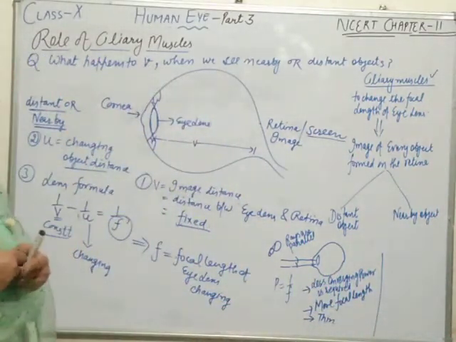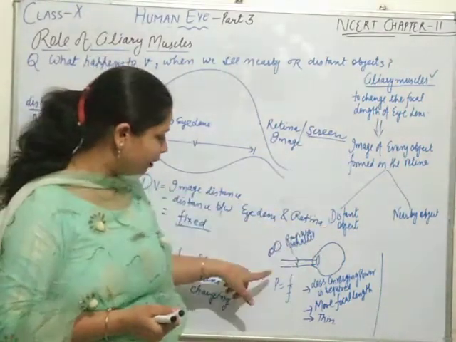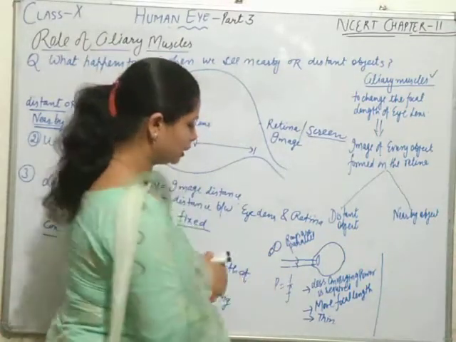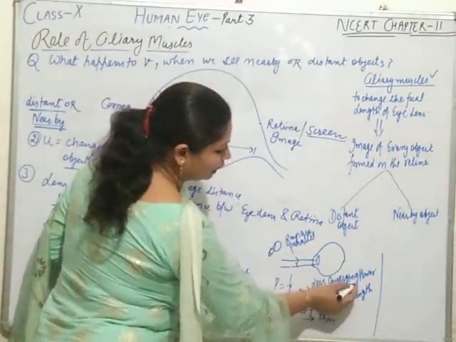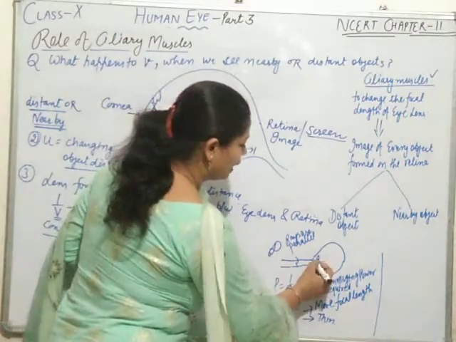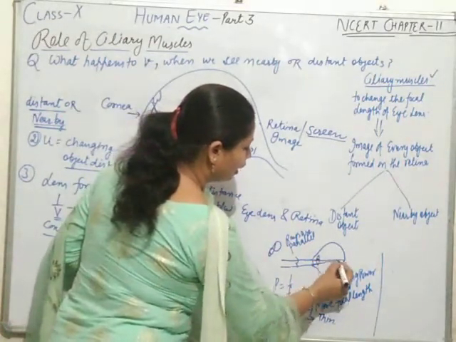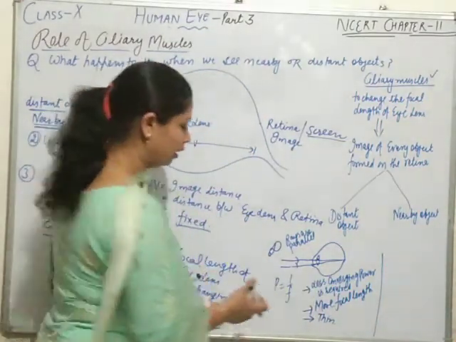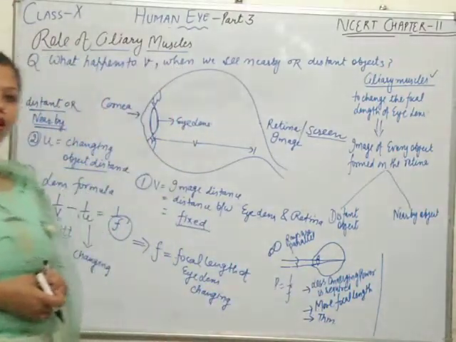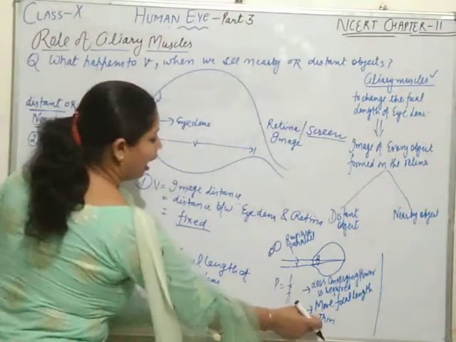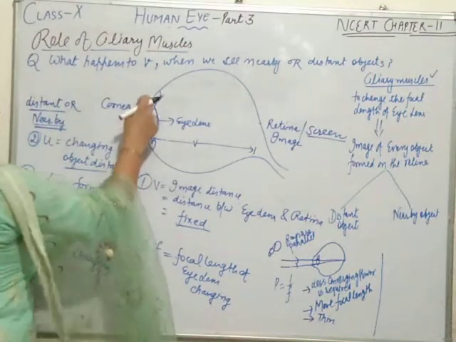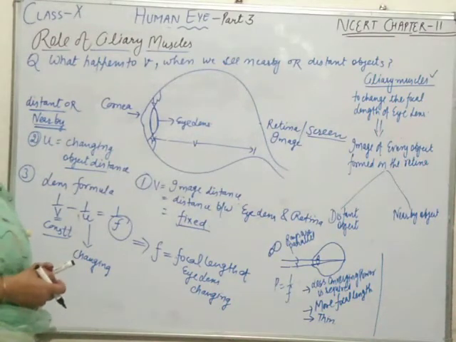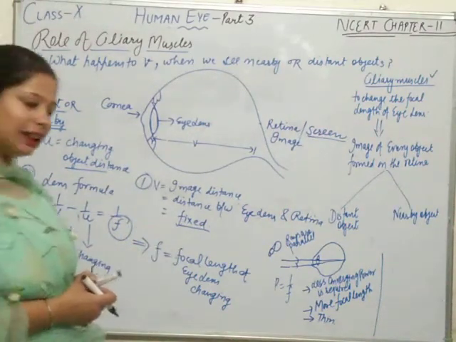What is being done here? Repeat the same. For a distant object, rays are coming parallel to each other, so no divergence. It means less convergence power is required so that the image is formed on the retina. If less power is required, the focal length is more. For more focal length, the lens is required to be thin. How is the lens made thin? These ciliary muscles relax themselves, and so make the lens thin.